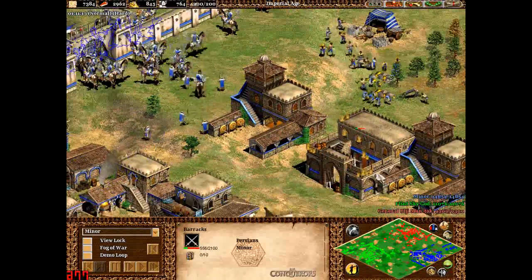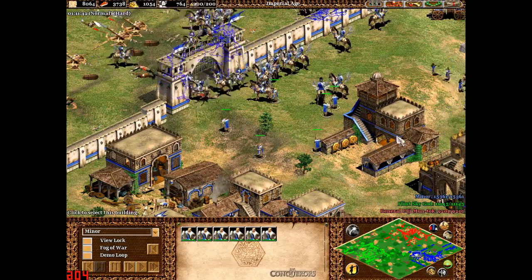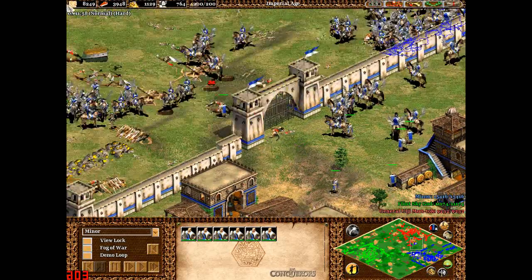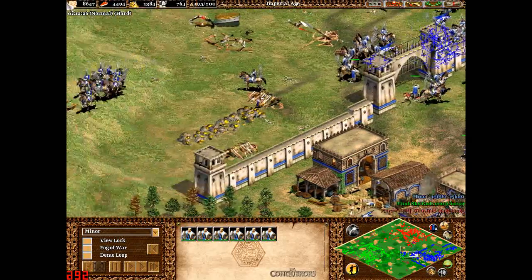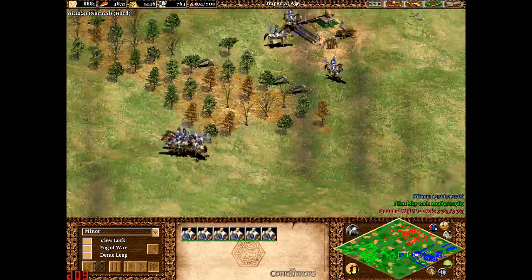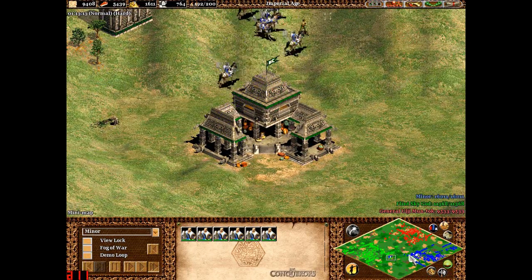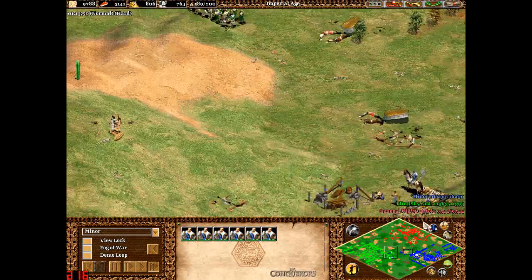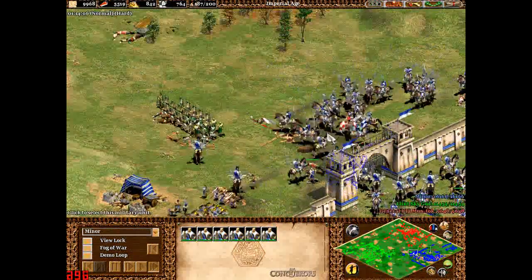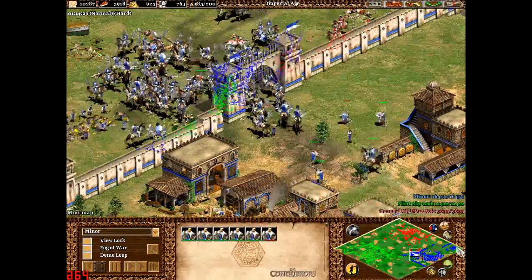Good, because they're getting my barracks, which is not that bad for me, but I've got some monks here ready to heal anyone that they need to heal, because that's the other thing you'll want to spend your gold on. Let's see, who are they attacking? Yeah, if you have monks out, that's an easy way to keep your people high on health,